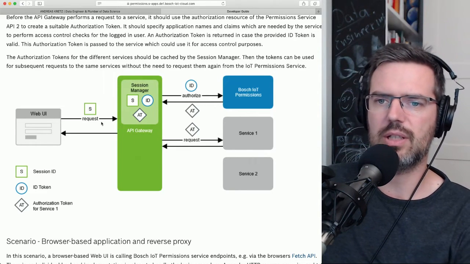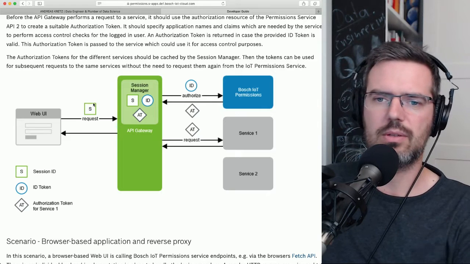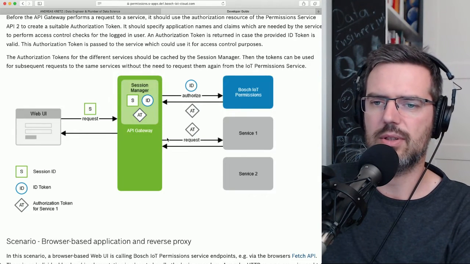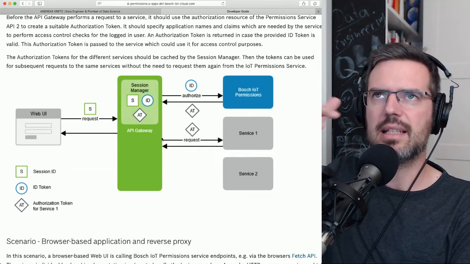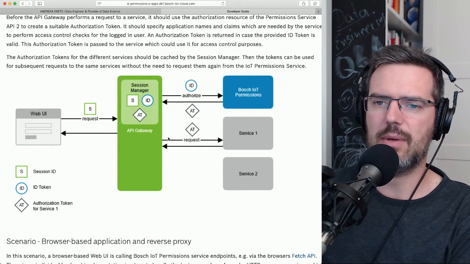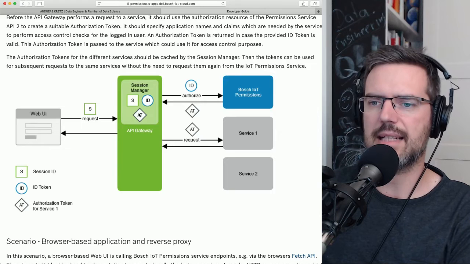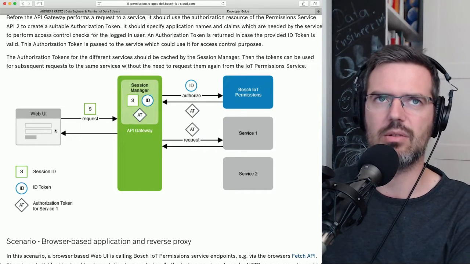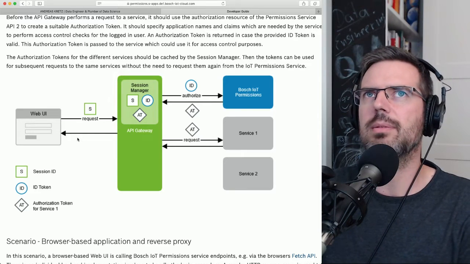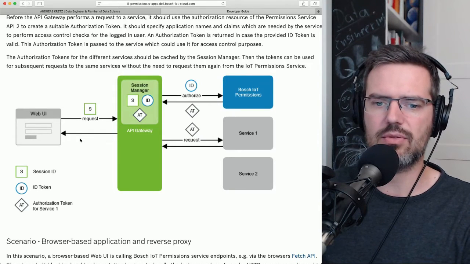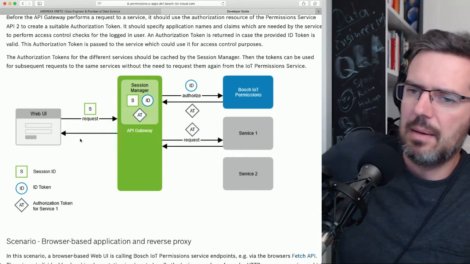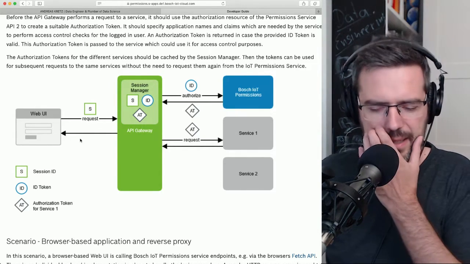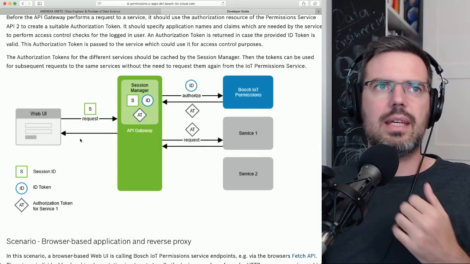And so when you do a request, you're going to do the request just with your session token, and within the system, the API gateway is going to then take the access token for service 1, make the request, get the response, and send you the response. So very simple, straightforward, but this is basically what you need to understand when you think about